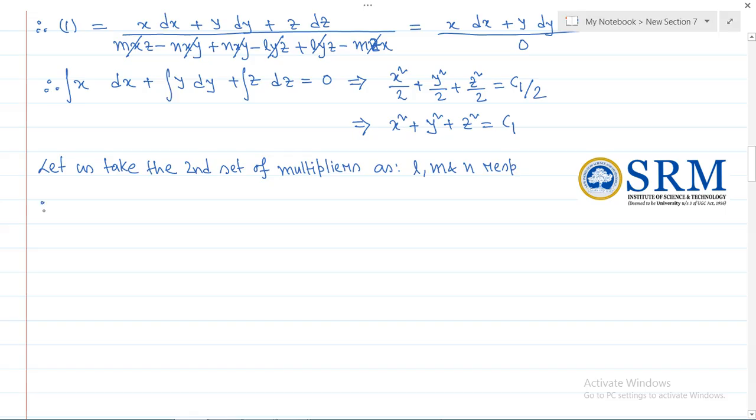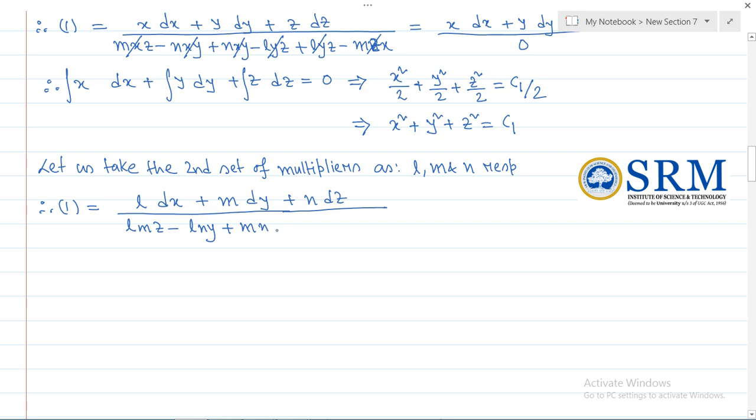So equation 1 will become l dx plus m dy plus n dz in the numerator, while in the denominator what will it become? The first term is multiplied with l everywhere, so it will be l m z minus l n y, plus the second term by y, m, so m